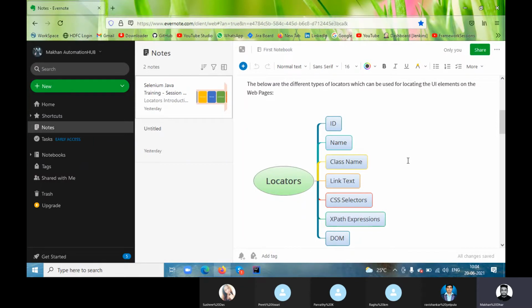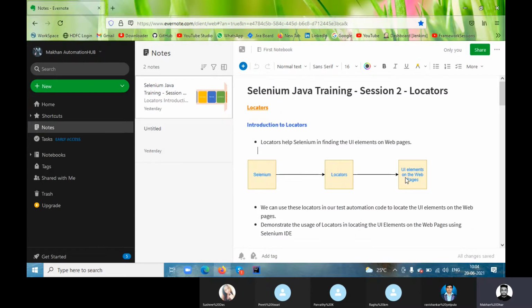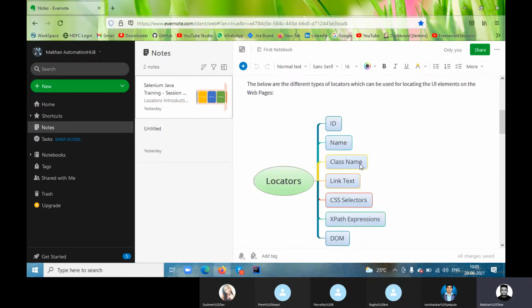Also we covered a few things, how to create XPath. So we'll continue with XPath, how to find the locator and all. So far, do you have any doubt on these three at least? ID, name, and class name.